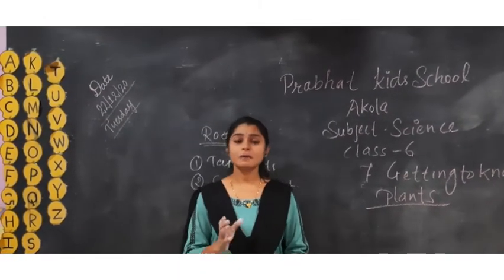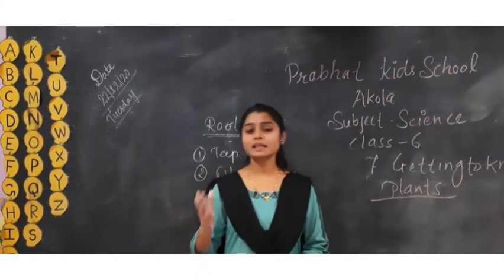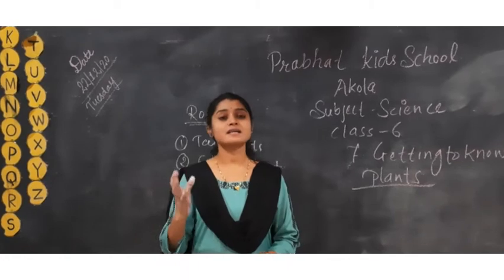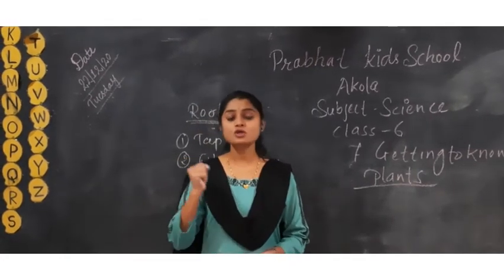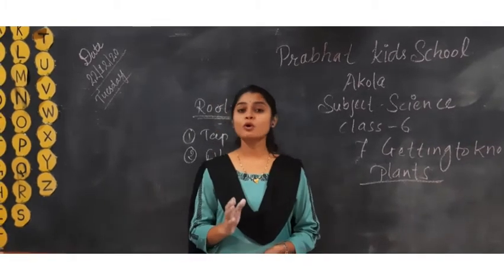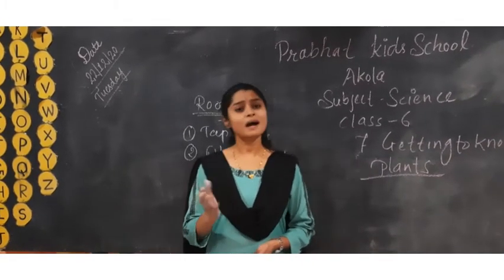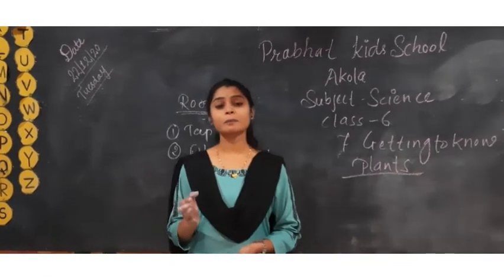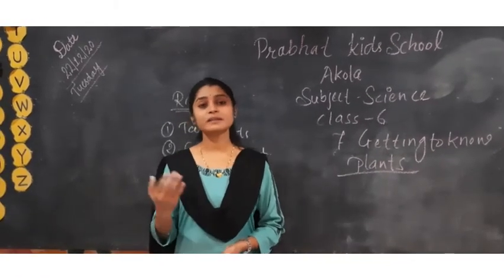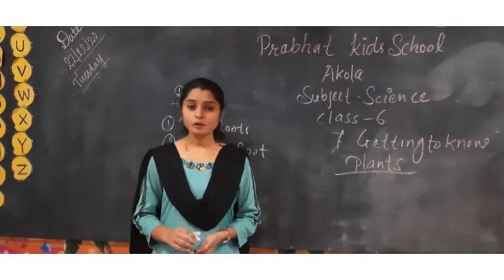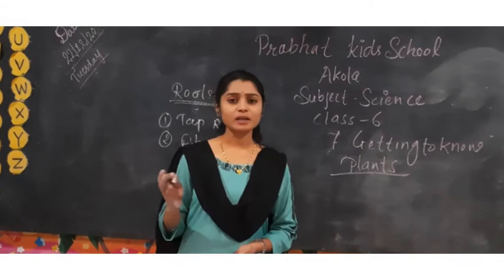Means from the above activity, we easily concluded that the roots absorb the water and essential minerals from the soil, and it passes through the stem to the whole parts of the plant. The plant uses all these essential nutrients and the water and completes their whole life processes. Now let us discuss another example.